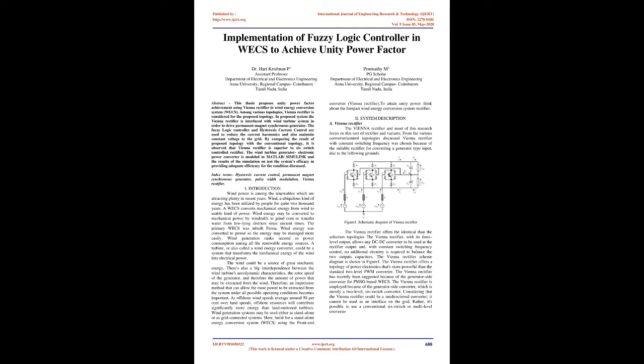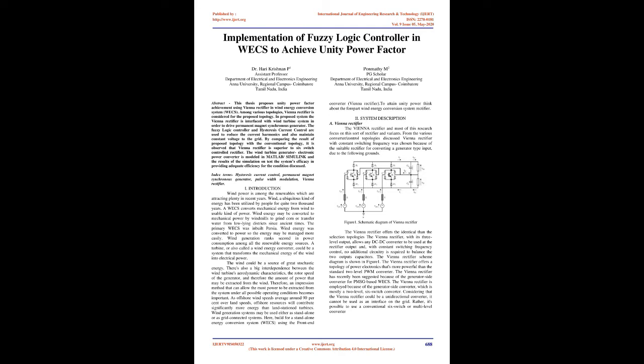Among various topologies, Vienna Rectifier is considered for the proposed topology. In the proposed system, the Vienna Rectifier is interfaced with wind turbine system in order to drive permanent magnet synchronous generator. The fuzzy logic controller and hysteresis current control are used to reduce the current harmonics and also maintain constant voltage